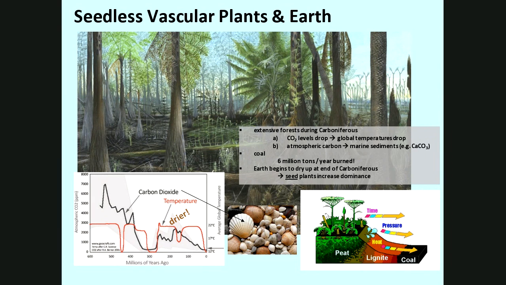Lots of plants begin to die, and we got so many. That's why it's called the Carboniferous. If you dig down in the rock layer, when you get to the Carboniferous, 300, 400 million years ago, you get this really thick layer of organic material, coal. That's what coal is. See in the picture on the right, peat, which is these plants die and they form that peat moss. Through heat and pressure becomes lignite, which eventually, through more heat and pressure and time, obviously becomes coal. That's where, like in Pennsylvania, where the big coal mines are, that's a huge Carboniferous place. That's where there were a lot of trees during the Carboniferous.